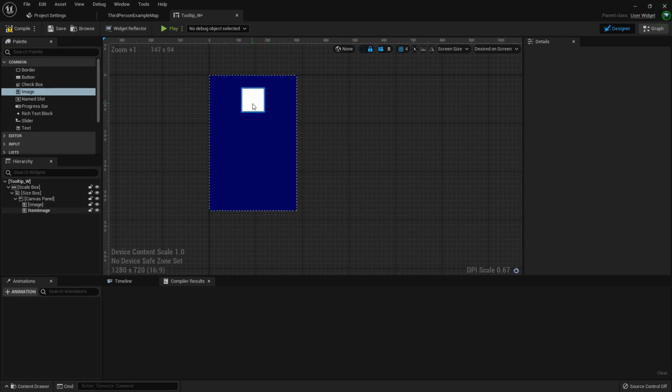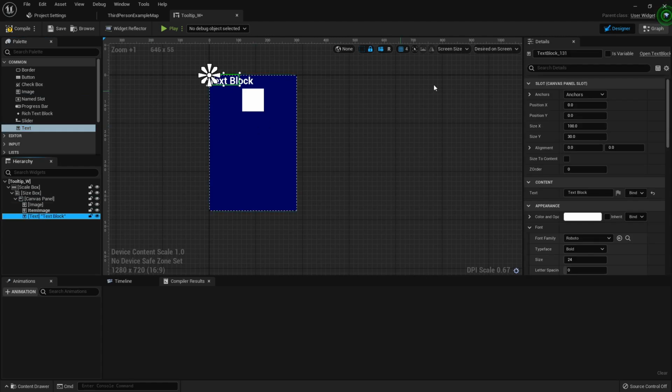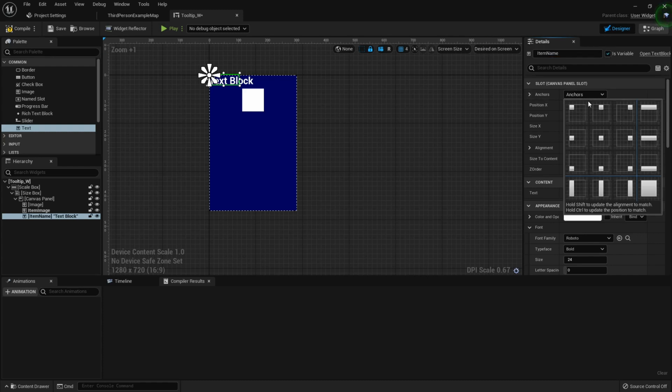Alright, and let's see what I want now. So we'll need an item image, a text for the item name, which can either be above it or below it. I'm going to put it right here probably. A scroll box with text for the description, and then down here at the bottom, if it's a weapon, it'll be like how much damage it does. If it's an item, it's how potent it is, or whatever your variables on it are. So next I'm going to add my text block to my canvas panel. I'm going to rename it to item name, make sure it is a variable,